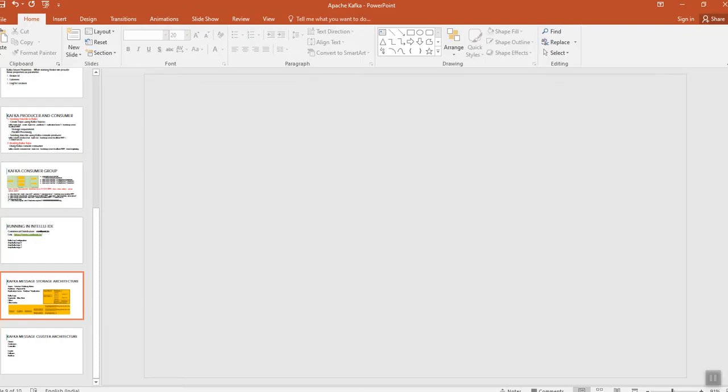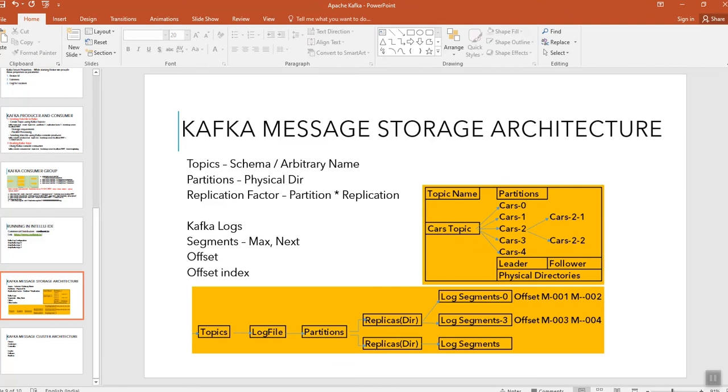In this video, we are going to see how Kafka messages are stored inside the system. So, what happens when we create a topic, how the log files are stored, what partitions mean, and what the replication factor means. I'm going to cover all these terms by showing you practical examples and how it is created in the cluster as well. Okay, so let's start.